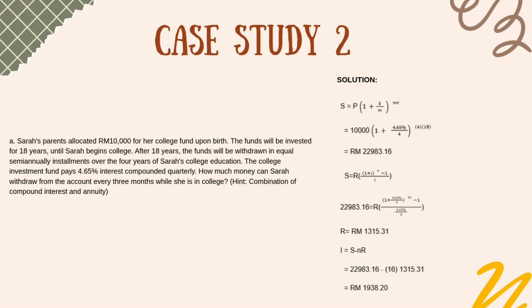Then we must use the I equals S minus nR formula. Next, 22,983.16 minus 16 times 1,315.31. Then the final answer we get RM